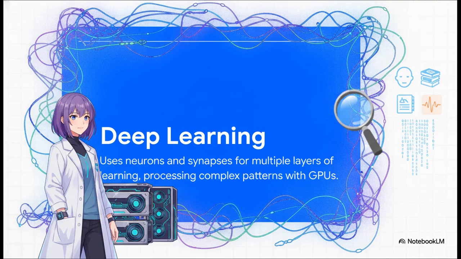Zooming in a bit further under our AI umbrella, we hit deep learning. And this is a real game changer, because this is where we completely ditch those rigid manual rules. Instead, deep learning literally mimics the biological structure of the human brain using virtual neurons and synapses. And because there's more than one hidden layer of learning going on, we call it deep. It processes incredibly complex patterns, like picking out a specific face in a crowded photo or translating languages on the fly. This is absolutely vital today because it's the engine behind almost every modern tech breakthrough. But, as you might guess, mimicking a human brain takes some serious computational muscle. That is why it relies so heavily on powerful GPUs, or graphical processing units.